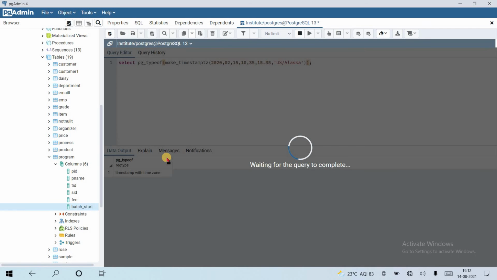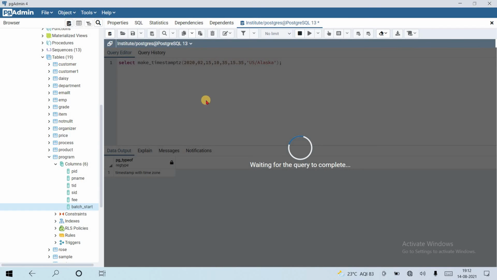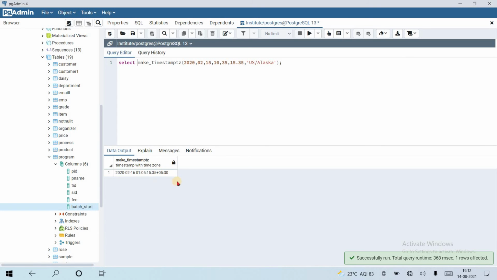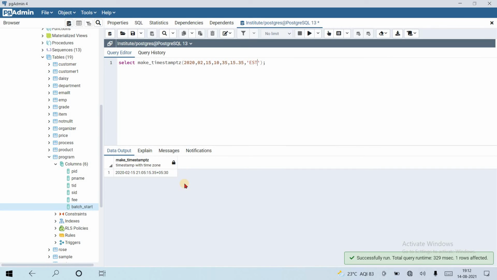Now let's check, the type is timestamp with time zone, the same. But if I use only this, it will return a different value. That 05 is the time zone. Okay, same timestamp. Or you can run it with an abbreviation rather than the time zone name. Suppose the abbreviation is EST. Let's run the query. It will run fine.